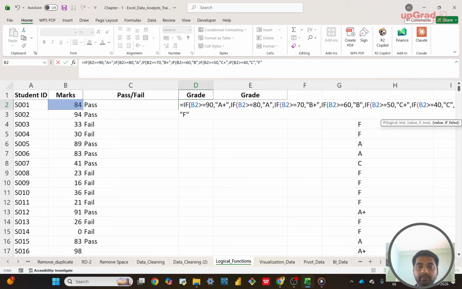You can see this place, but we are not closing it. We have to close all the round brackets. And how many times do you have to close it? Either we can count, but I will give you another method. We can see our logical function